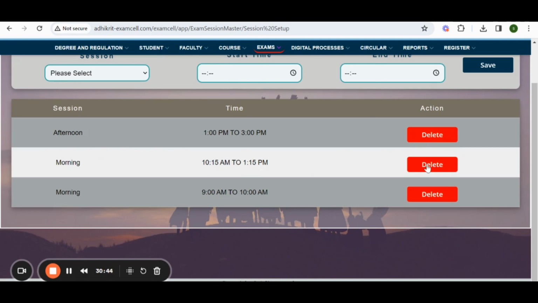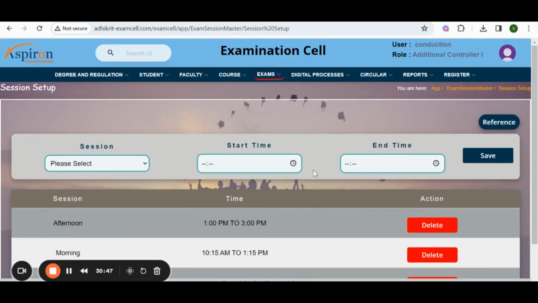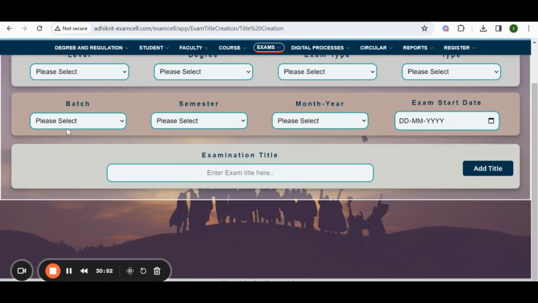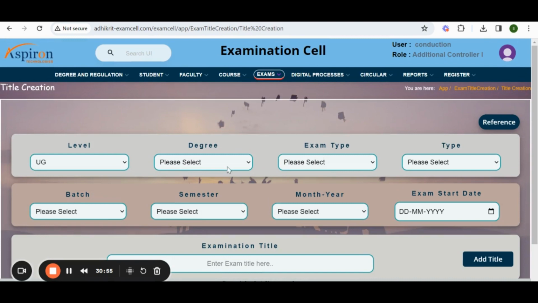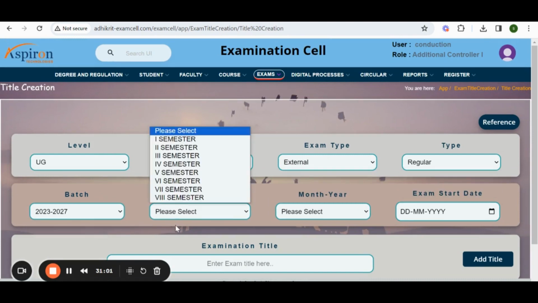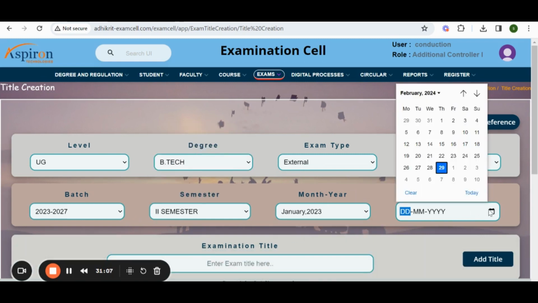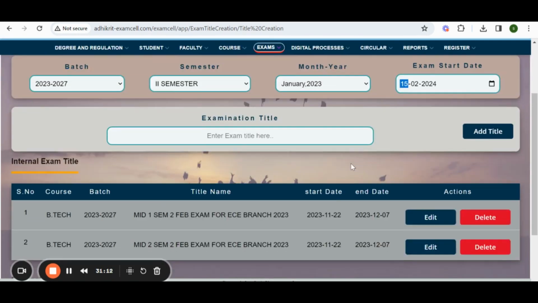If you want to delete this session, you can also delete this. So we are creating sessions here. So let's move on to title creation. Here I'm going to create a title for the examination. Select level, degree, exam type, external, regular, batch, semester, month, and exam start date as February 15. And you have to give the examination title here